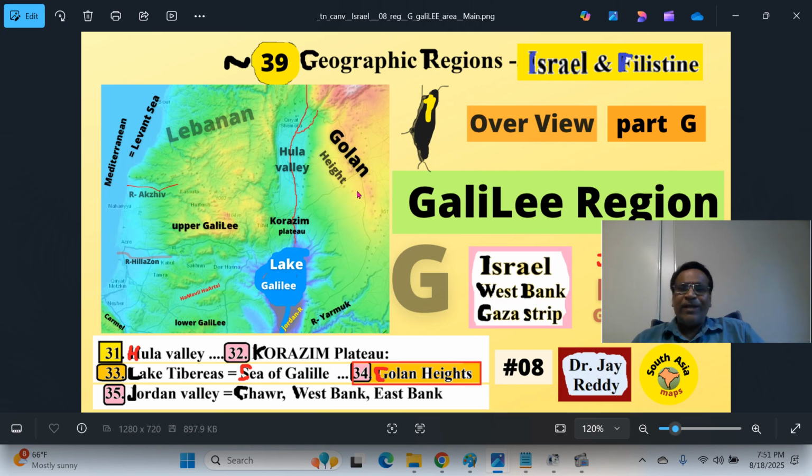The British had given this spot to the Sheriff of Makkah's son, Abdullah, and made it a country called, at the time, Transjordan. This is now called the Hashemite Kingdom of Jordan. Hashem is the forefather of these sultans who ruled the Makkah-Medina region during the Ottoman Empire time. So the Golan Heights, then the Jordan Valley, this is the Jordan Valley and Galilee. It also had different names, Ghor region and so on.